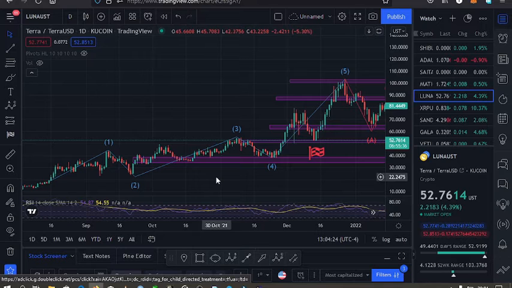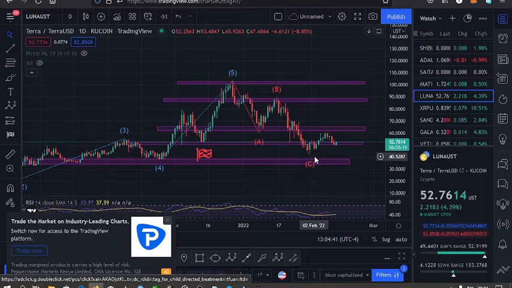From here we came up in a wave 1, a wave 2, a wave 3 and a wave 4, which took us to an all-time high. Once we saw that all-time high, we started experiencing lower prices for Luna in this ABC correction. It didn't take us to my target level, which I expected Luna to touch at the $36 mark. That didn't happen, and around the $43 mark we had a bounce back